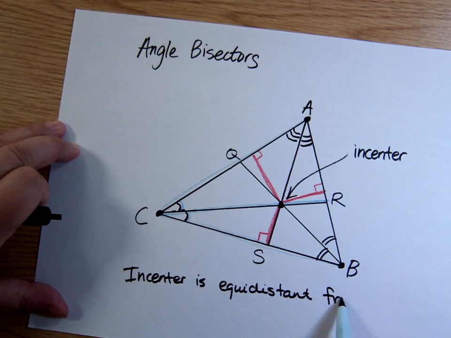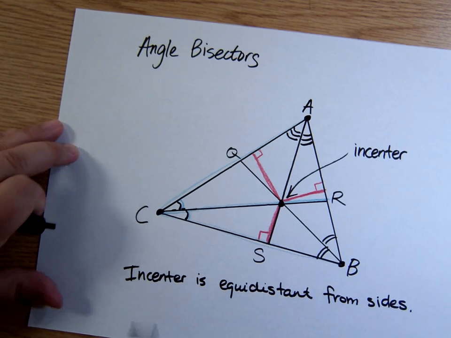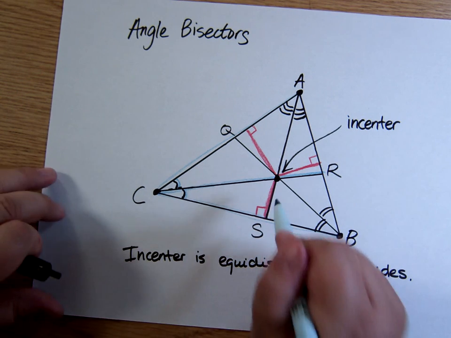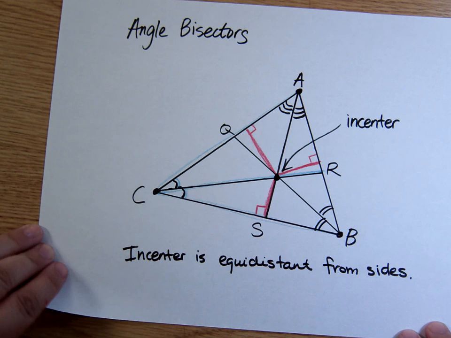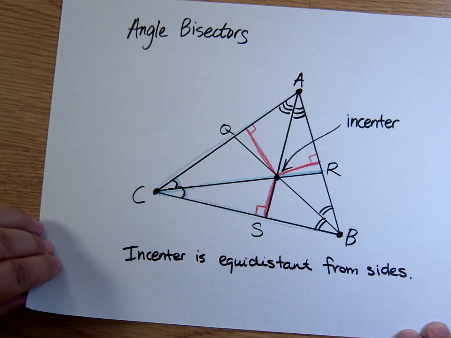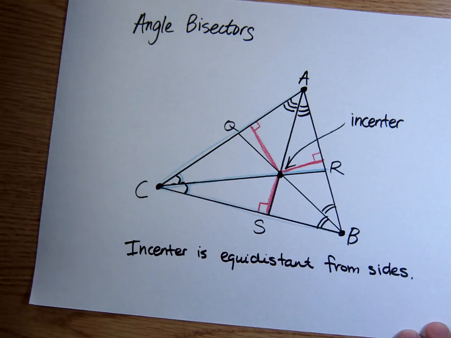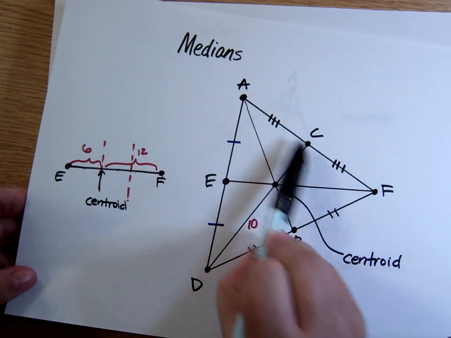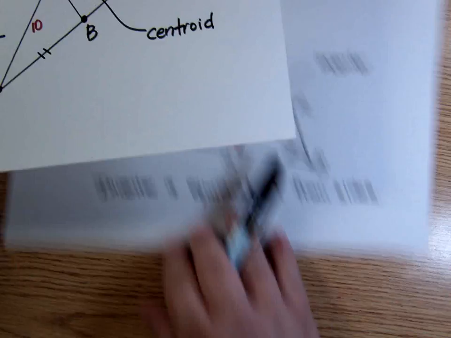But I noticed that not everybody completed all of their chart. That's why I'm showing you this, is because I noticed several people did not put the markings on the triangle. And the markings are important because they show me how I'm supposed to know just from looking at any random triangle what's an angle bisector and what's a median. Okay, I need to know that these markings tell me it's an angle bisector, whereas these markings tell me I have a median. Okay, now,